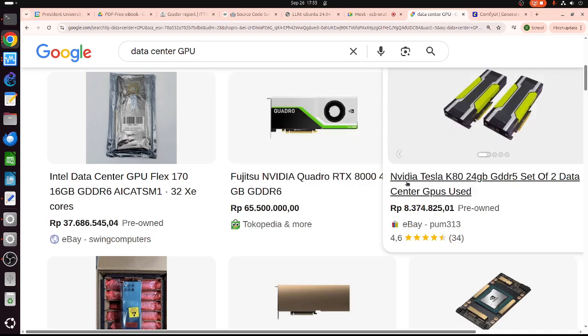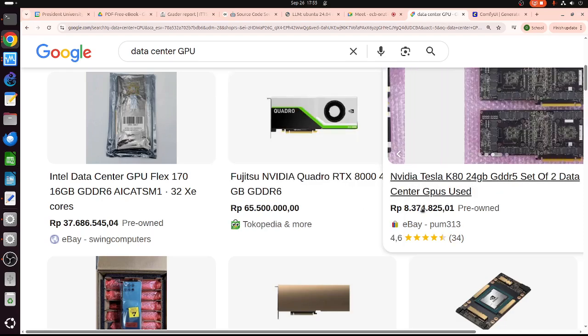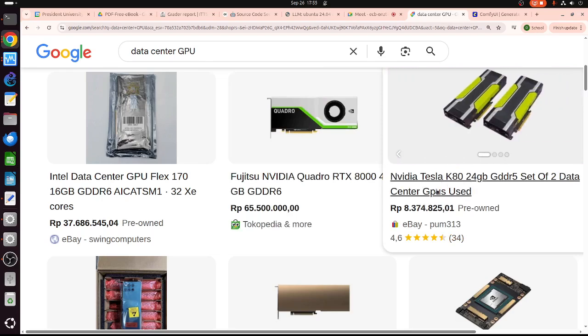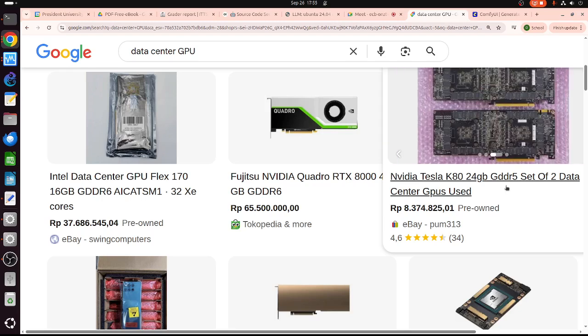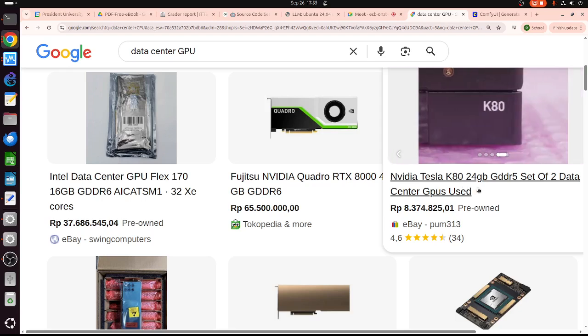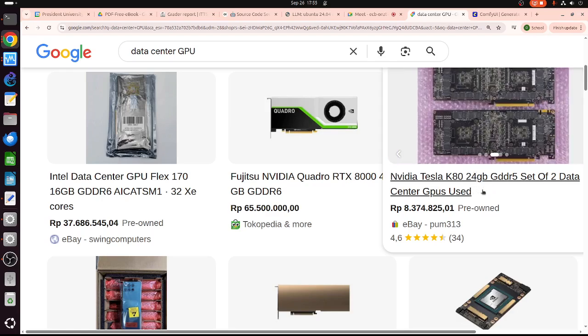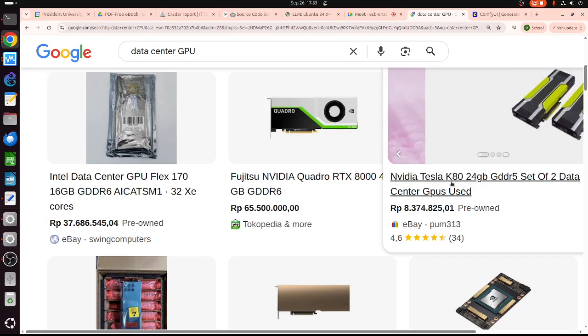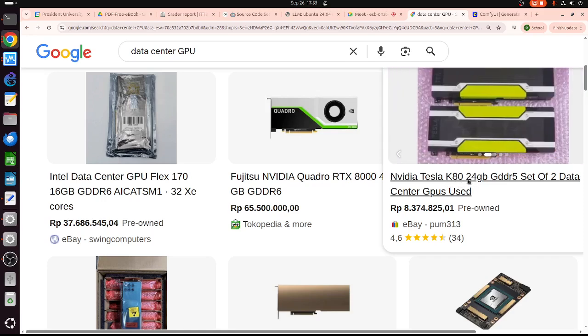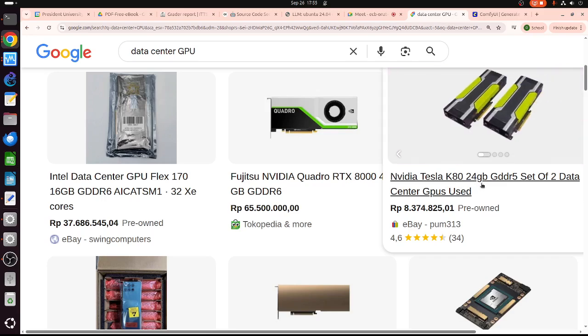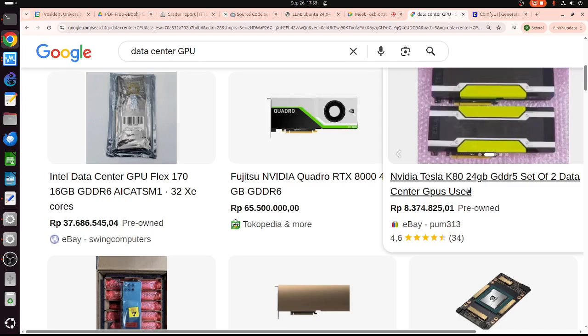Okay, Tesla K80. I have to be honest, the most important one is not the latest GPU. The important one for our purposes is how many gigabytes we have. So this one, like the Tesla K80 with 24 gigabyte RAM, is quite powerful. This is much better actually.